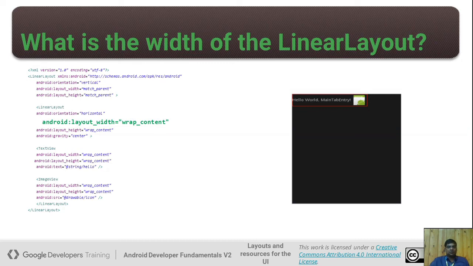So match parent depends on your screen. When we set the width to match parent, it is automatically adjusted according to your mobile screen.